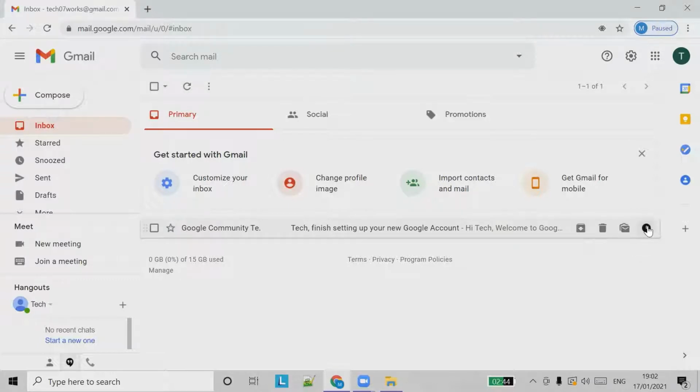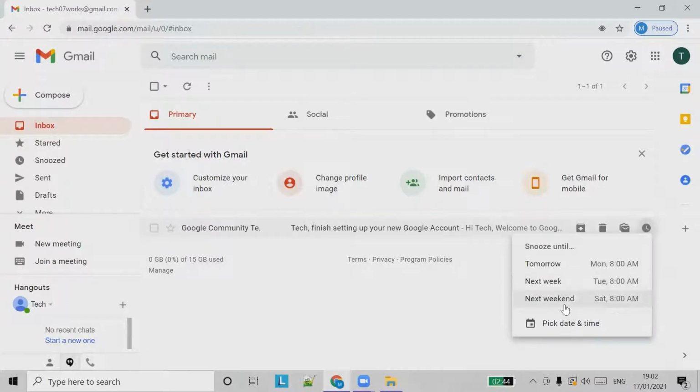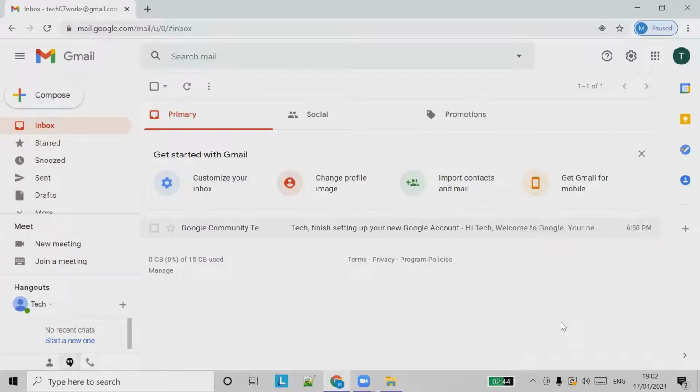So there is an option. There are a lot of icons here. If you go to the end of this email and you click snooze, you can choose any time here, or you can just say pick date and time.